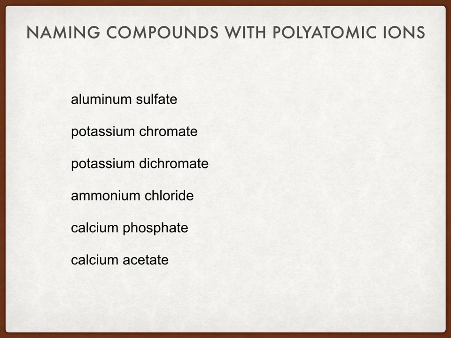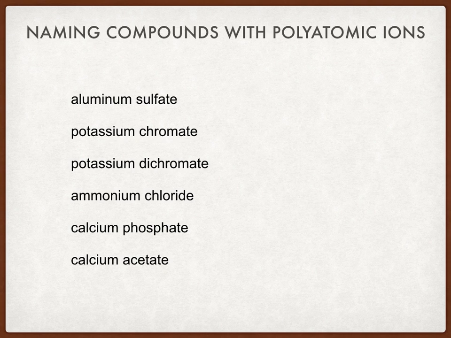All right, now we're going the opposite direction. We're going from names to formulas. This one's a little bit harder. You're going to have to remember the charges on all these. Aluminum sulfate. Aluminum is always a +3. Sulfate, SO4 2-, is always a